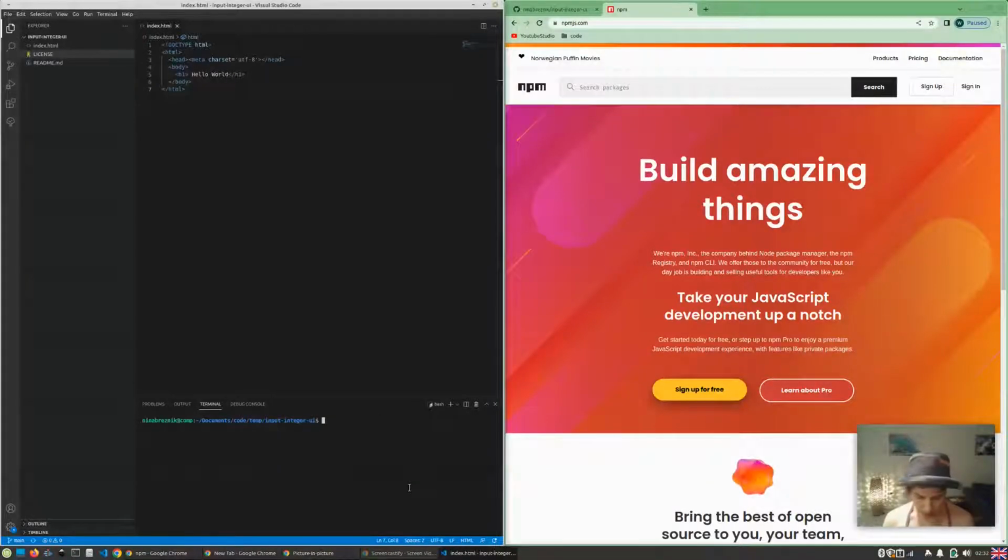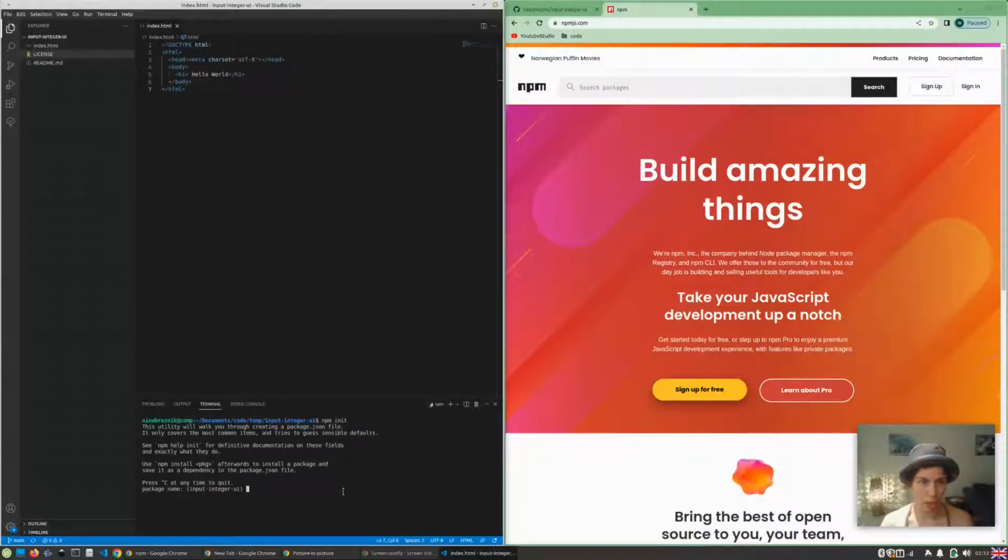So let's do this and run first npm init to initialize it. So we're gonna have to fill out some information. So what's the package name? It just takes it from our README. Version, we're gonna start with 0.0.0. Description, we're gonna make a UI component. Entry point is gonna be